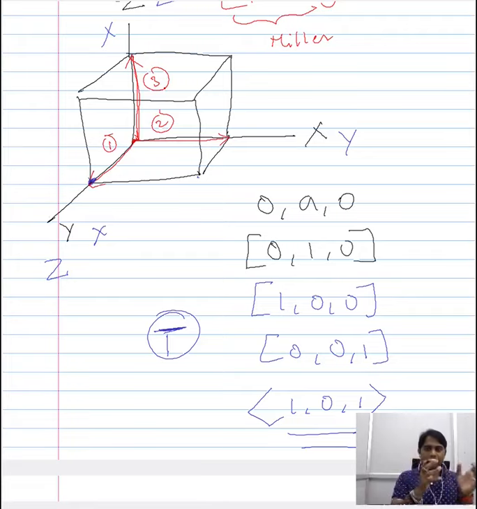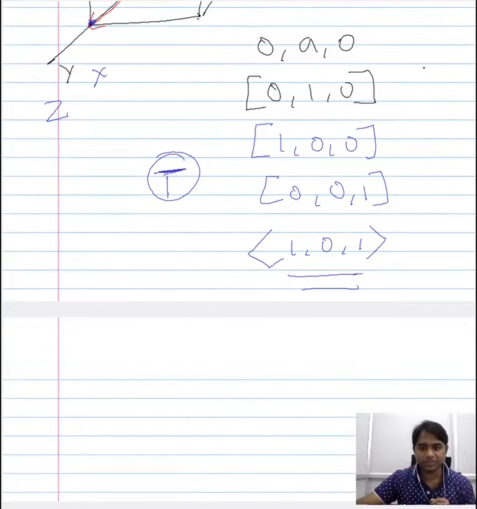So one way of identifying a family of directions is by fixing a definite line and a definite direction and playing around with the frame of reference. The other way is to consider different directions, and then try to arrive at the same Miller integers for the different directions. So by these two operations, you will be able to identify the family of directions, and this family of directions is represented using this bracket here.